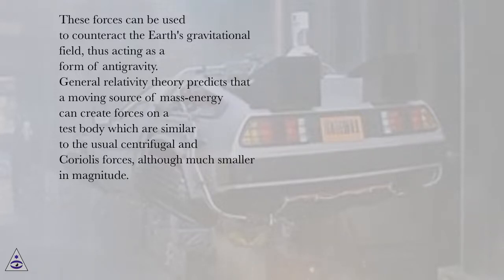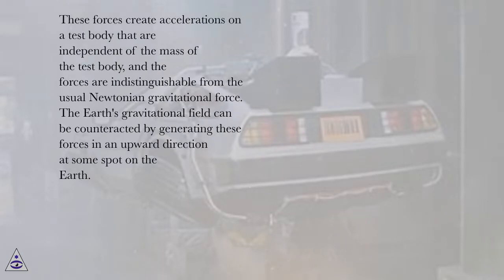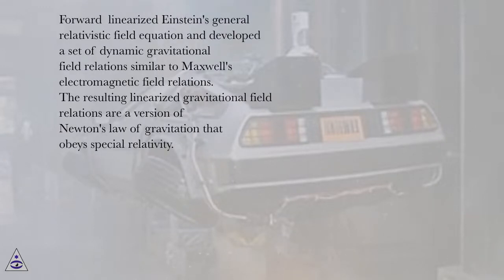General relativity theory predicts that a moving source of mass energy can create forces on a test body which are similar to the usual centrifugal and Coriolis forces, although much smaller in magnitude. These forces create accelerations on a test body that are independent of the mass of the test body, and the forces are indistinguishable from the usual Newtonian gravitational force. The Earth's gravitational field can be counteracted by generating these forces in an upward direction at some spot on the Earth. Forward linearized Einstein's general relativistic field equation and developed a set of dynamic gravitational field relations similar to Maxwell's